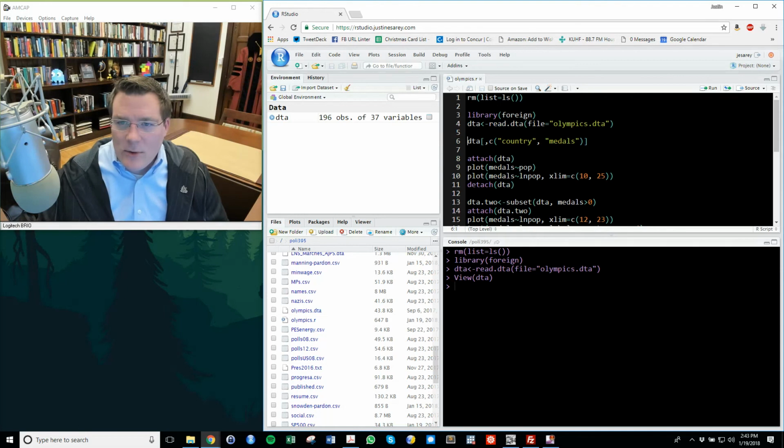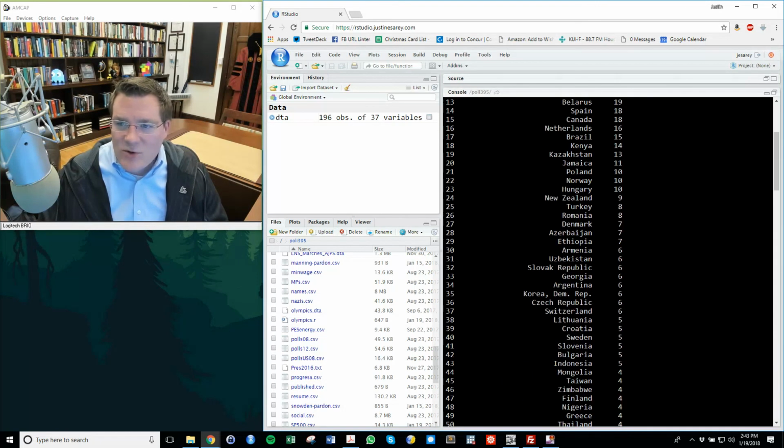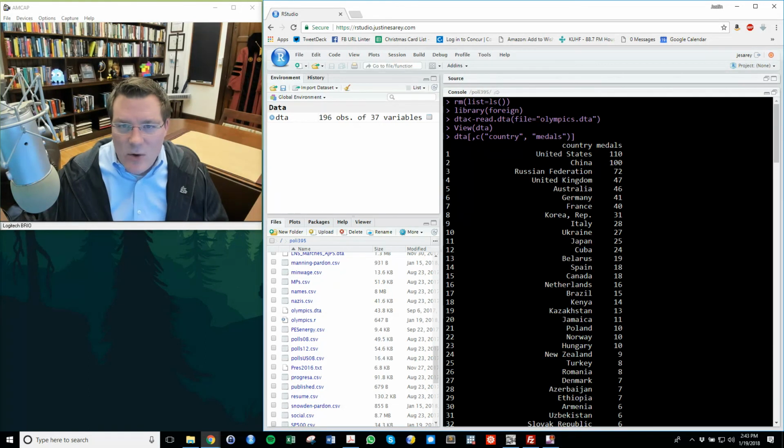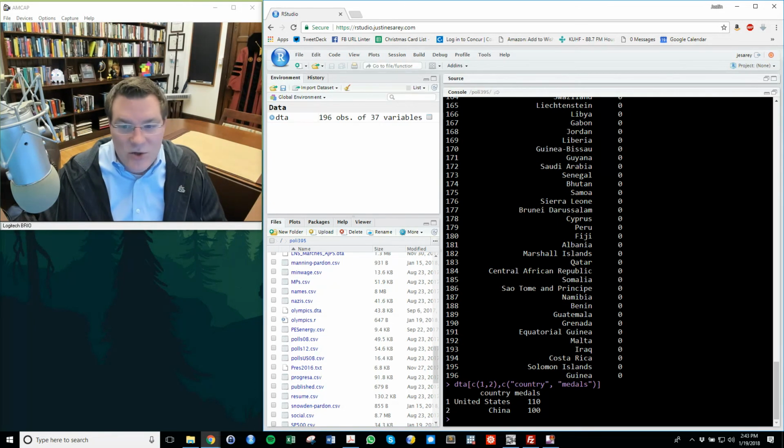So what I want to do is just start off by showing you a little picture, or a little table really, of what countries won how many medals. And so what I've done is I'm showing the DTA data set, that's its name, DTA, and I put brackets on here to say I'm going to actually pull out some arguments from this data set. And the way this works is the first argument is the row, right here. The first argument is the row, and I want all the rows, so I just leave that blank. If I wanted only the first 2 rows, I might come in here and say I want C(1, 2), and then I would get the first 2 rows. But if I leave it blank, I get all the rows.